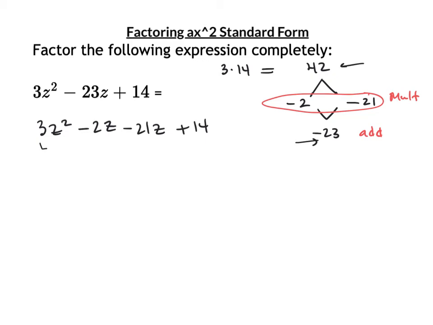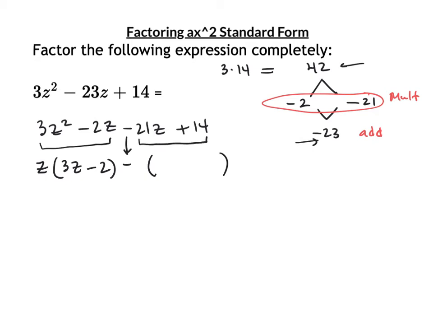We're looking for a GCF in the first pair. This is factoring by grouping. There are 4 terms. That's how I know it's a grouping question. All they have is a z. z times 3z minus 2. Bring down the minus. Now be aware that when you pull out a negative like that, it's going to change